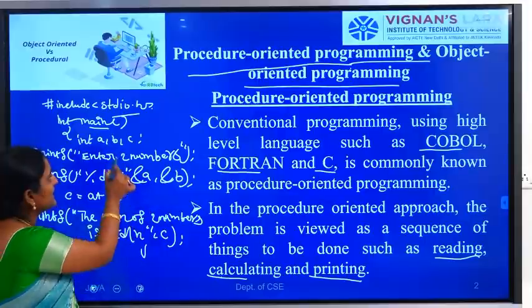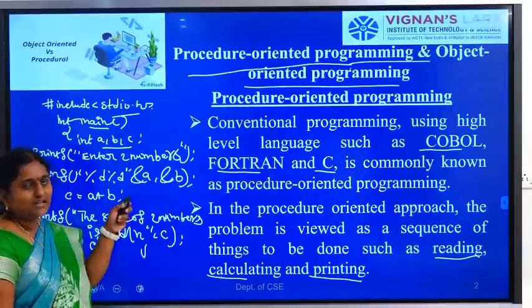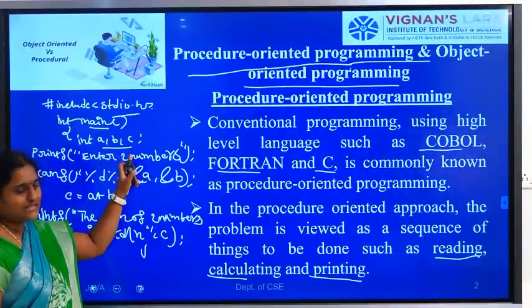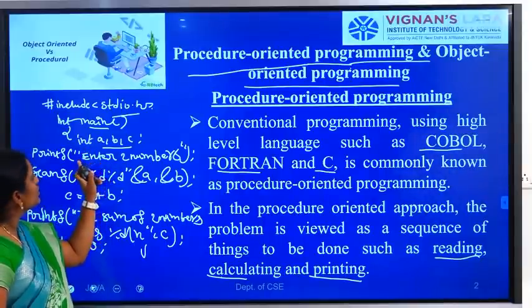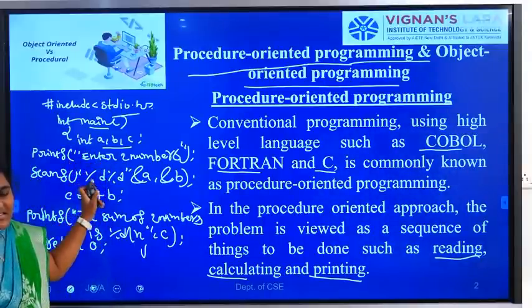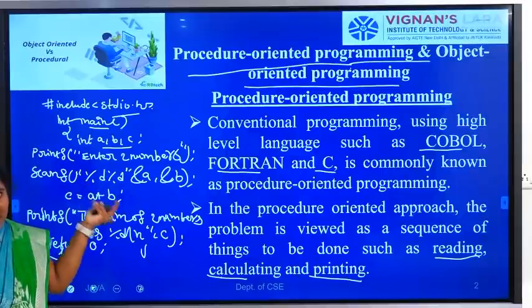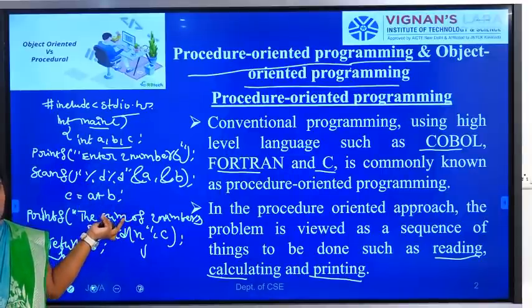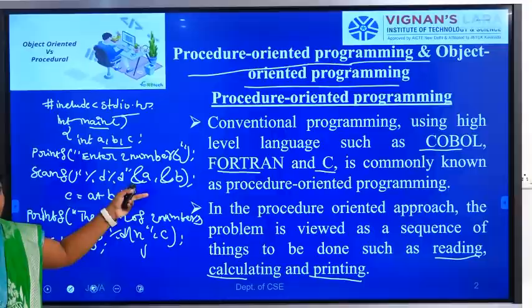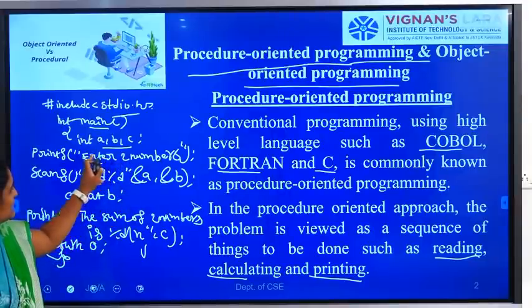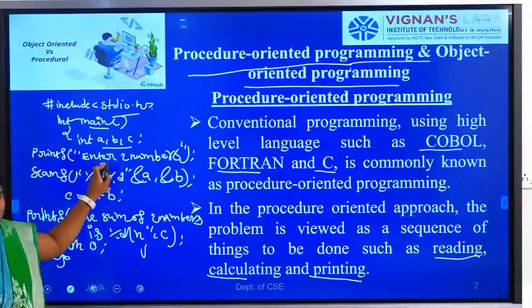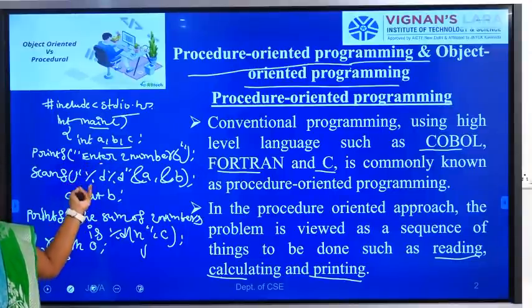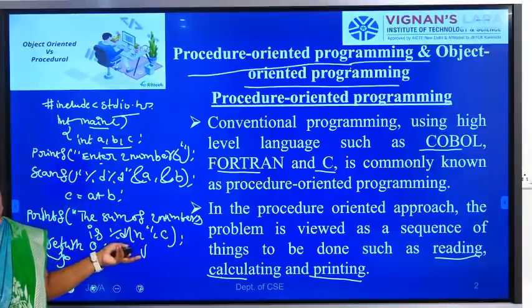Next thing is we declare variables. Here I am declaring three variables, a, b, c. These three are integer data types. Next, printf. printf is an output function. Whatever we declare inside the printf is displayed on the console. For example, "Enter two numbers". It is a string constant, that's why it is enclosed with double quotes. Next, the scanf function. It is an input function to read input values from the keyboard.